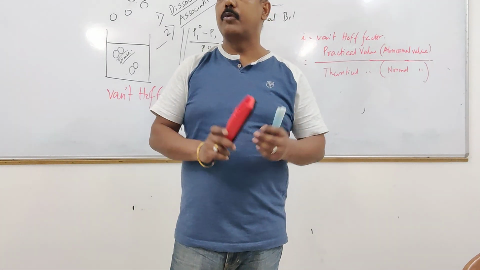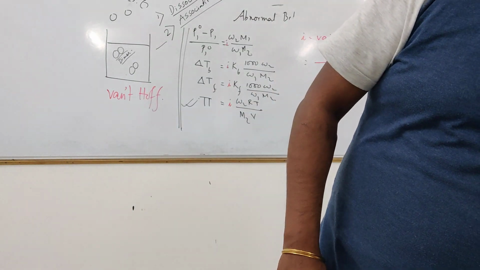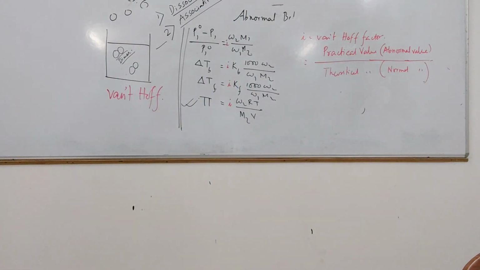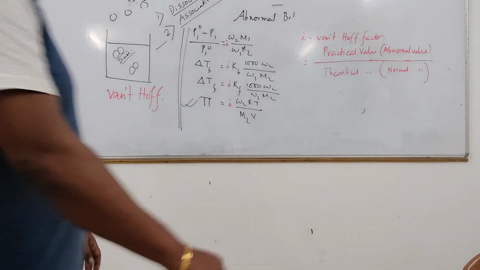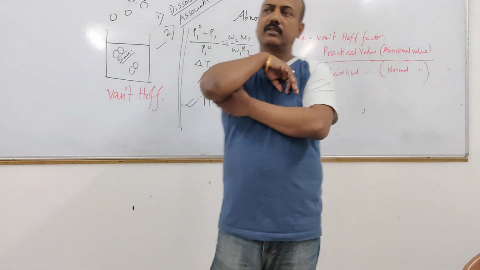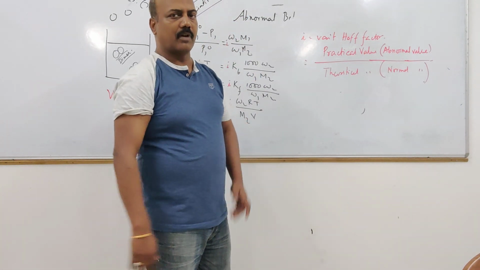Now please open the book. See the expression for Van 't Hoff factor. There should not be absolutely any confusion in it. Just a minute, I am telling you the page number. This is the new book, the page number is 56. You see, the expression for i is given. What is the first line that is written? i is equal to what? Normal molar mass by abnormal molar mass, it is written.